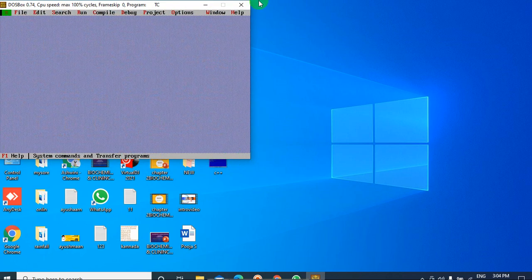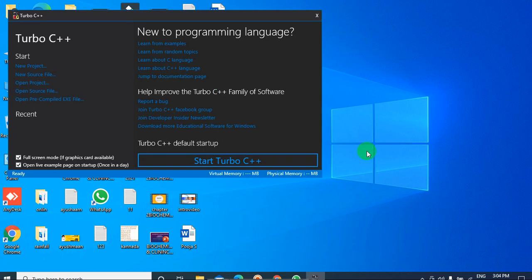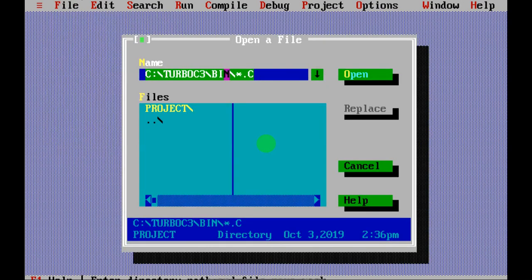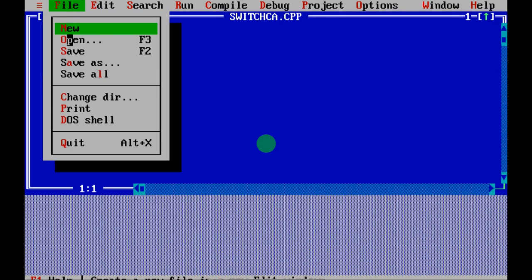So what I do is I'll close all the windows and again restart my Turbo C++. I'll click on Start Turbo C++. I'll go to File and open switch case, switch.cpp.